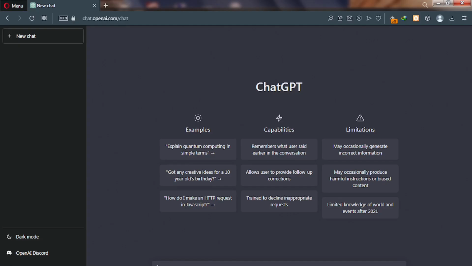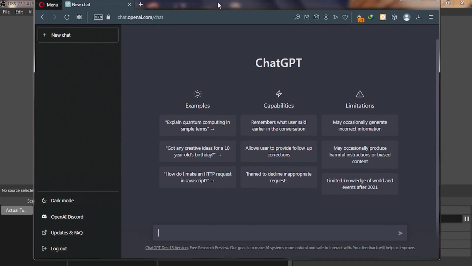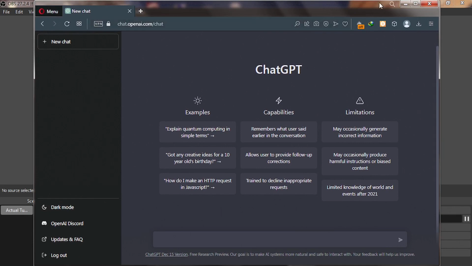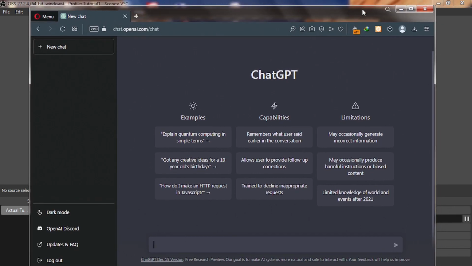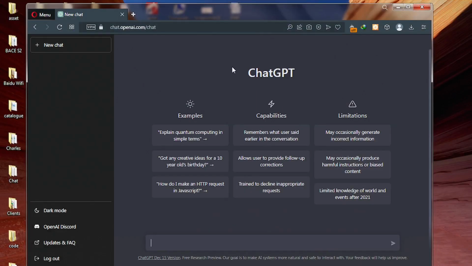Alright, right now I'm going to show you a live demonstration on how to use the tool ChatGPT to write blog content for your blogging website. Before we start, you need to create an account with ChatGPT. So go ahead and create an account with ChatGPT and then follow my step-by-step guide on how to write a blog post or an article using the tool. So all you need to do is tell ChatGPT to generate